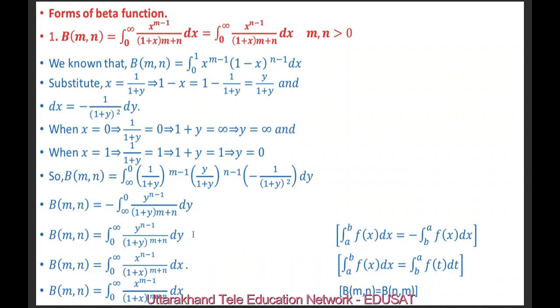Also we know by property of definite integral that we may change the variable. If you change the variable by any other variable, the value of the integral remains unchanged. Means the integral from a to b of f(x) dx is equal to the integral from a to b of f(t) dt. So here the variable was y, so we may replace y by x. So 0 to infinity x raised to n minus 1, over (1 plus x) raised to m plus n dx. Because beta is a symmetrical function, we may replace n by m. So it may be written as beta(m, n) equal to the integral from 0 to infinity of x raised to m minus 1, over (1 plus x) raised to m plus n dx.